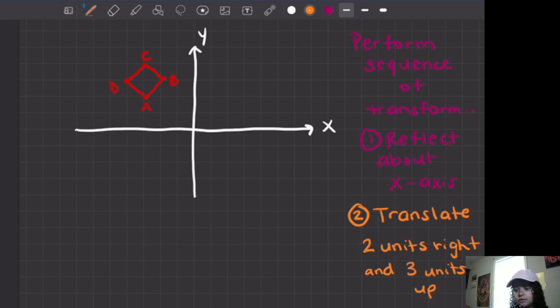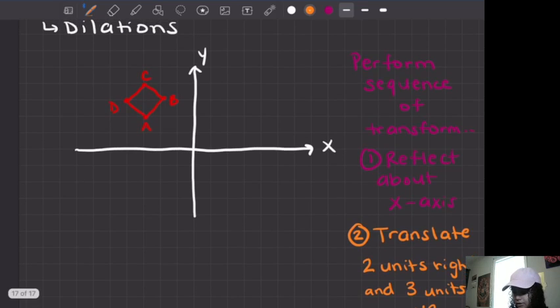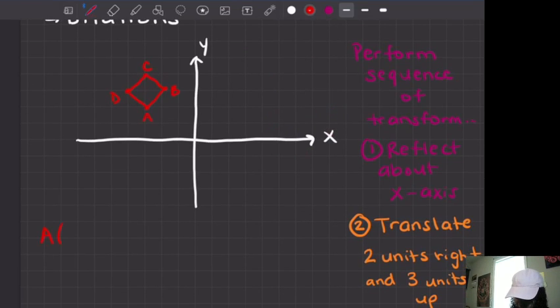The easiest way to do this is to first record or write down all of your pre-image points. So I'm going to go ahead and write points A, B, C, and D over here. Okay, so point A right now is at (-3, 2). B is at (-2, 3). C is at (-3, 1). And D is at (-4, 3). Okay. So write down all of your points for your figure,